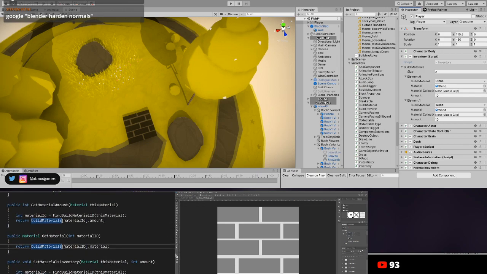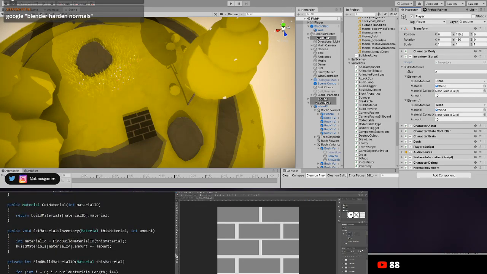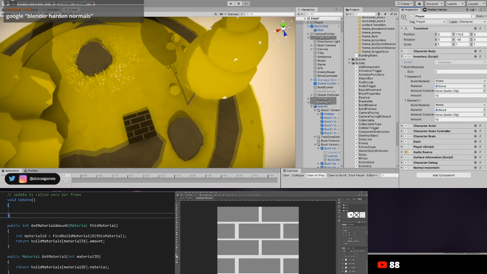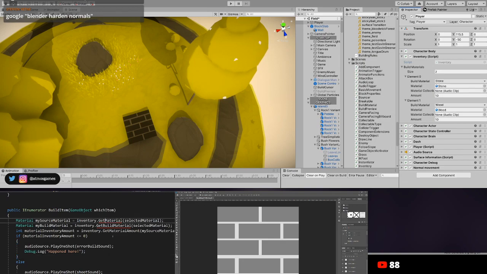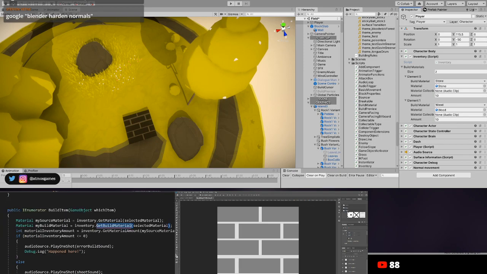So we're going to change this to get source material amount. Okay. Then hold on. Let me try this one more time, guys. Give me a sec here. We're not going to call it get source material because that's just getting really messy. So I don't care about this one here. What I care about is getting the build material. So we're going to go to our inventory script here, and we're going to duplicate that to,